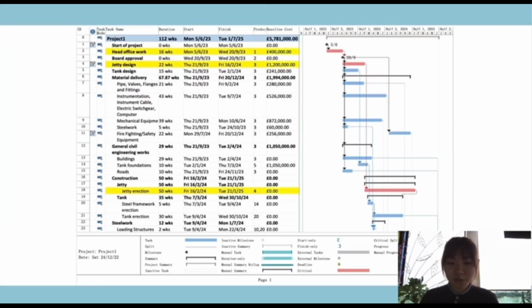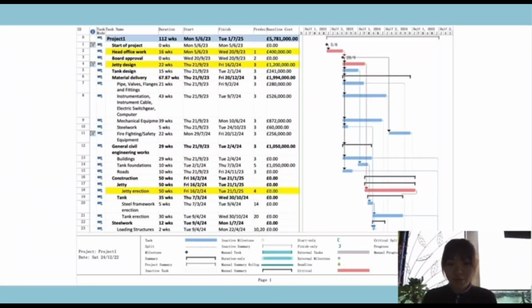And this is the MS project of Sodor 1, where the information was given from the briefing of the Sodor Oil Terminal project: the cost, the estimated duration in weeks, and the order in which certain activities were to be done. The tasks assigned earlier in this stage are precedents and predecessors. The project was assigned in certain stages as project start, board approval, and end of project. From the said project plan, the team generated the cost model, which was captured against the original baseline. However, since there is no allocated budget, it is not possible to determine whether the cost is within the allocated